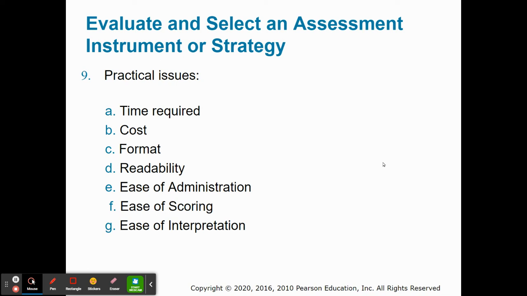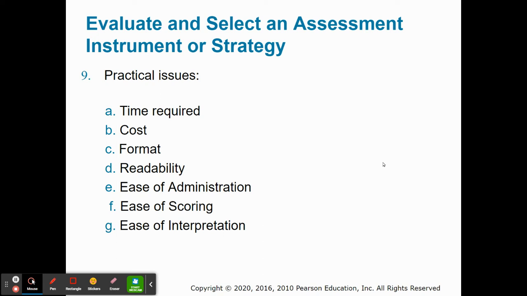Okay, so practical issues whenever we're trying to select an instrument or come up with a strategy. We want to make sure that we are considering how much time is required for the person to take the test, and how much time is required for us to score and interpret the test. Some of them can be quite time intensive. How much does it